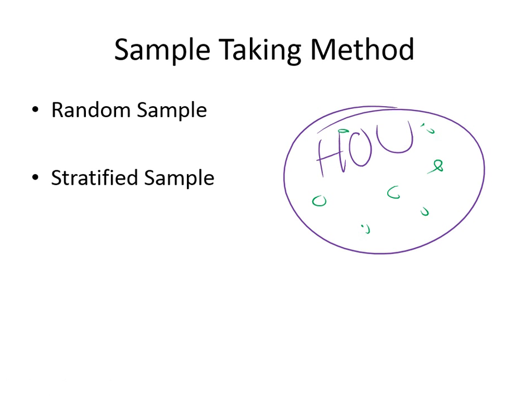You don't care anything about them. You're just picking them at random. You're not looking for anything specific. Okay. Now, the problem with a random sample is that if, let's say, you want to take a random sample